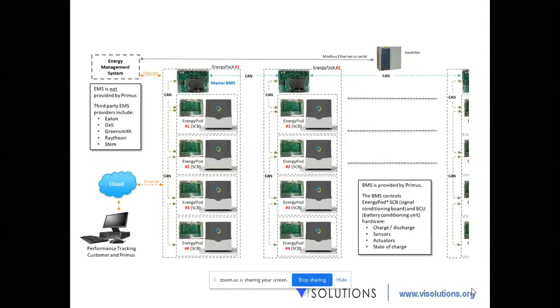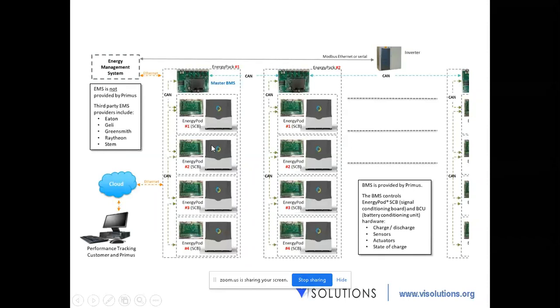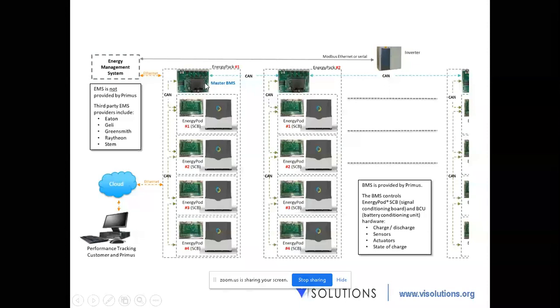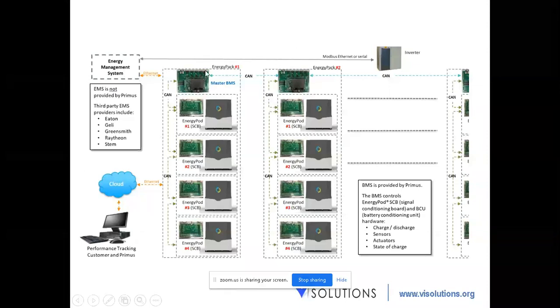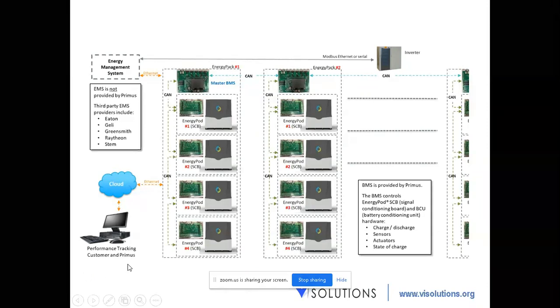So this is the block diagram they used. They have a BMS for the individual battery cells, a master BMS, and this is one energy pack. Similarly, they have multiple energy packs available, everything connected through a protocol. They have an inverter also connected, and a separate energy management system. Everything collected by the CompactRIO is sent through the cloud using Ethernet. Whatever they need to monitor, such as performance tracking and customers, they can monitor here.